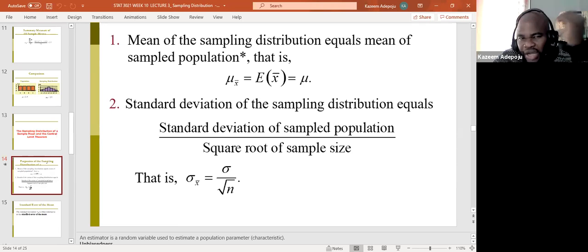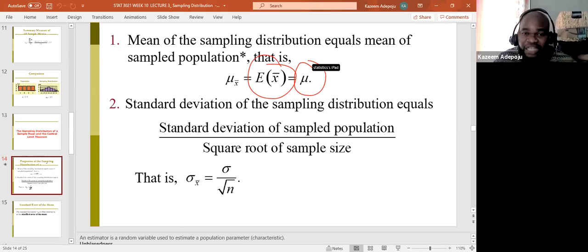Now we are going to have proposition number one. The mean of the sampling distribution is equal to the mean of the population. Take a look at this: the expected value of the mean. We get different sample means, and the average of those will automatically give us the population mean. That is a belief in statistics. When you work with a sampling distribution, we have different means, and you consider the sampling distribution of them, where you consider possibility. We believe that the mean of the means will give us the population mean that we are looking for.